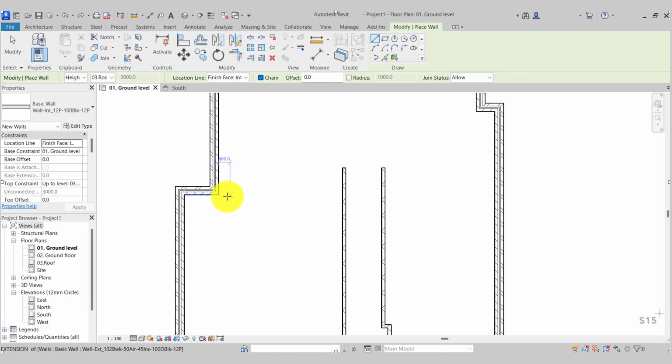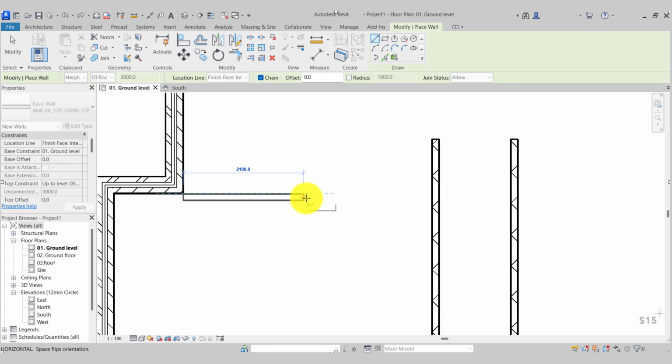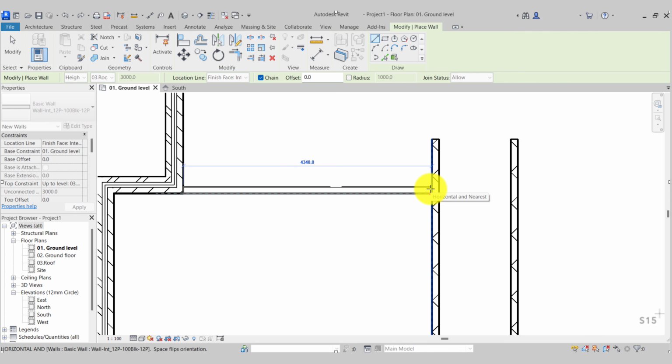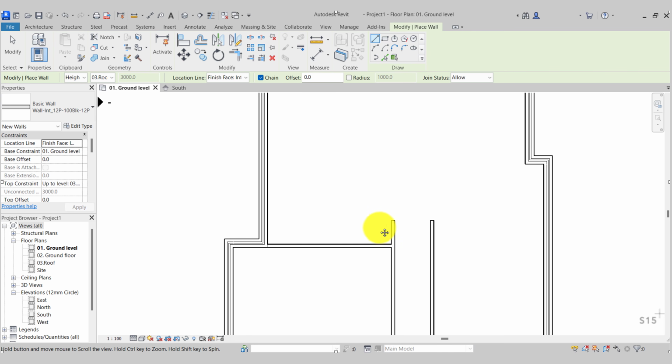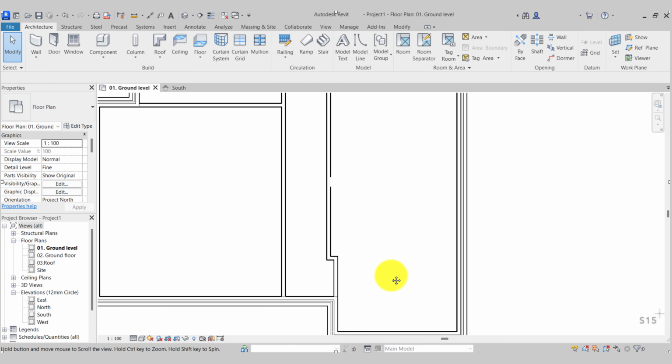Then coming over to the left hand side, attaching to the corner of that wall. If it's not on the right side, we just use our space bar to flip it to the other side of the location line, and then we can attach it to the hallway wall there. And coming into the bottom right hand corner,